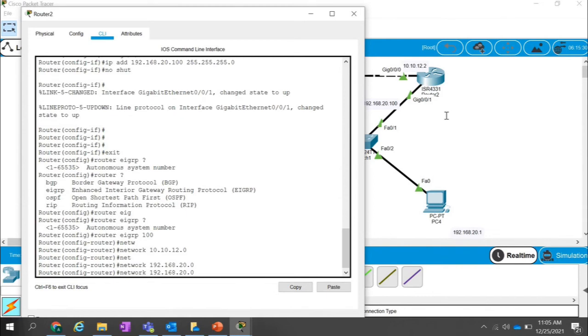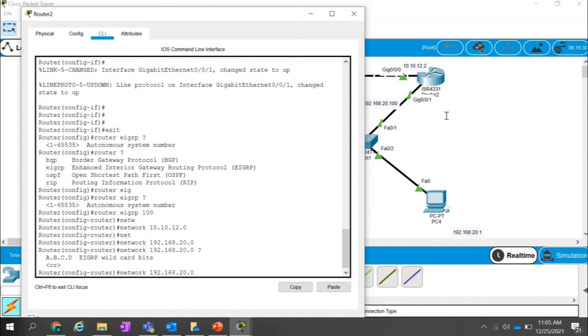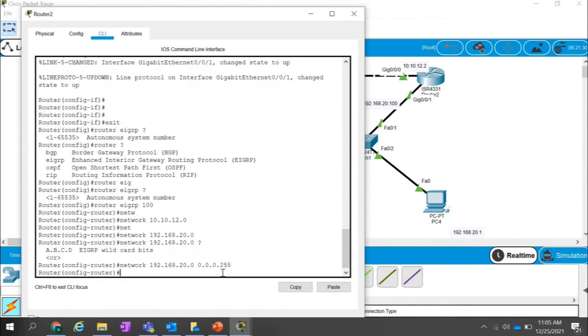If you remember, you don't need to give the wildcard mask, and if you want, you can give it. It's totally your choice. So as of now, let me give it 0.0.0.255, and the same thing for the 12.0. If you do not give this wildcard mask, it will do auto summarization, and it might go to 255.0.0.0, which means a class A network.